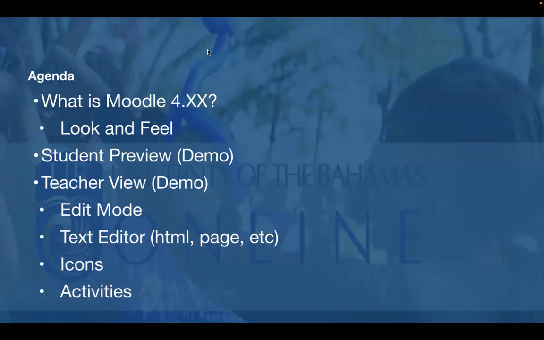Will current course information be migrated over to 4.0? Yes. So we're in discussions with our Moodle host, and we will be talking to them about how many back semesters of courses we can move over. But the short answer is as much content as possible